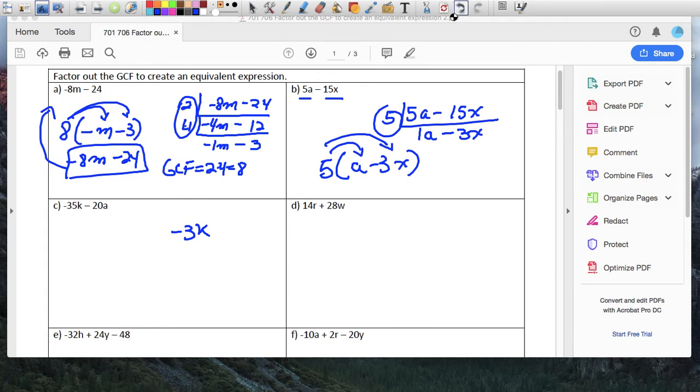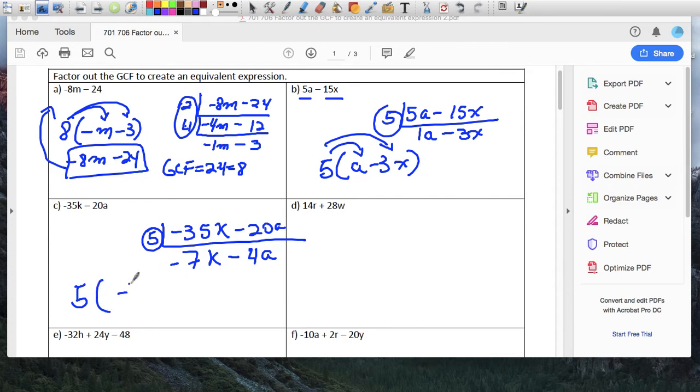35k minus 20a. Common factor is 5, so if you pull that out, you get 7k. Minus 5 times 4 is 20, so that would be 4a. You can't continue because the only common factor is 1, so you know you're done. So again, this is your GCF. Don't leave it like this. You should write it like this: 5 times 7k minus 4a, and you can always double check. 5 times 7 is 35. 5 times 4 is